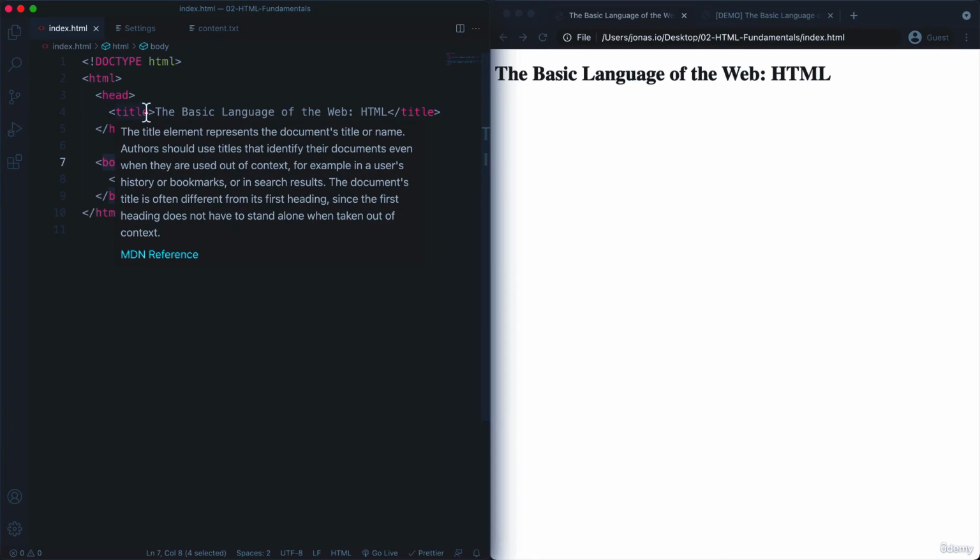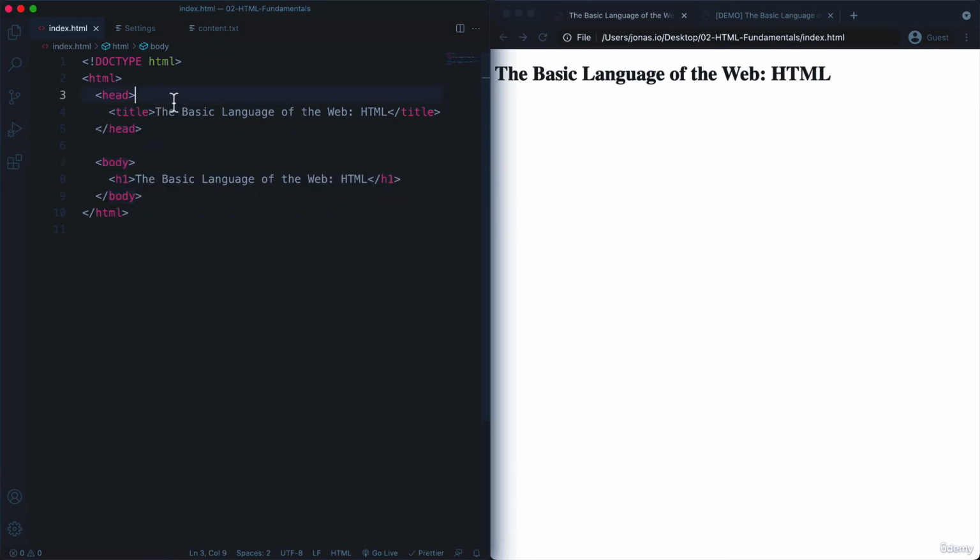Now, in this situation, all we put in the head is just the title element, but here we can put all kinds of other stuff that are not visible or that are not rendered here in this main part of the browser. On the other hand, the content that we actually want to be rendered here should go into the body. And so that's why having this h1 element here that then appears visible on the page. Okay, and that's it. That's the basic HTML structure for each and every HTML document that you really need to know. And with that, let's move on to the next lecture where we will learn a couple of new element